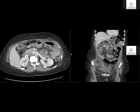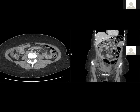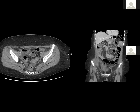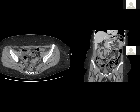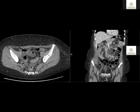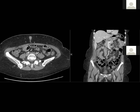So they had asked for a CT. So these are the CT images. I'll scroll through. So this is the representative coronal image. And this,